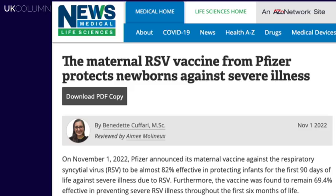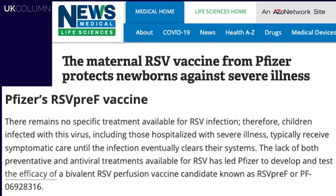And you can see there that PH111 has been picked up from this mishearing or misreading. But just to show that this isn't UK Column only saying this, News Medical Life Sciences has a piece up from the 1st of November separately reporting this. And if you tap that again, we'll find what the actual vaccination code number is. It is a vaccine candidate with the code PF-06928316. So lest anyone say that there's any fake news involved here, we've tracked it